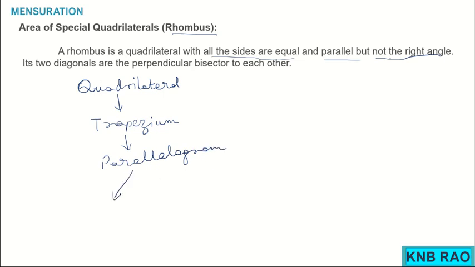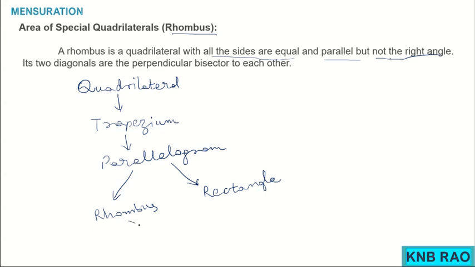If adjacent sides are equal, then it gives a rhombus. If any one angle in a parallelogram is a right angle, it gives the special quadrilateral called a rectangle,